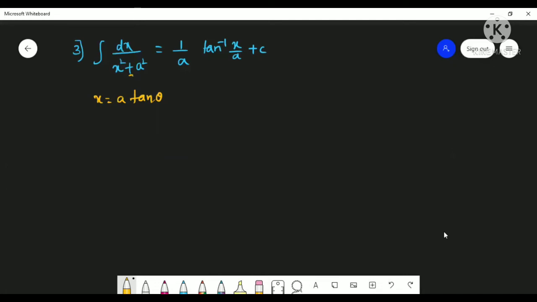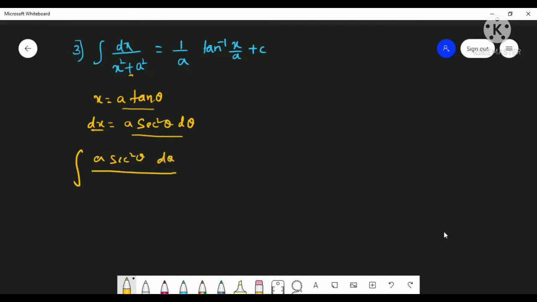Otherwise, if plus is there, you just take x is equal to a tan theta. Now, if you differentiate, what will you get? dx is equal to a times the differentiation of tan theta, which is secant square theta d theta. Now I will write the given integral, dx by x square plus a square. In the place of dx, we can write a secant square theta d theta whole divided by